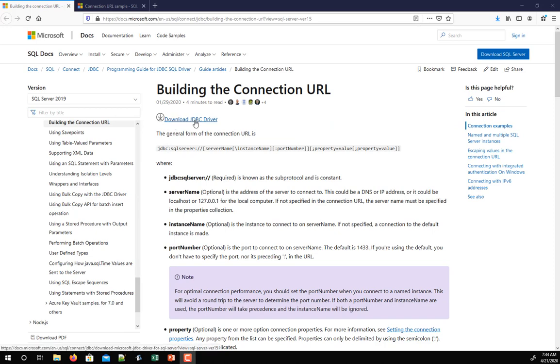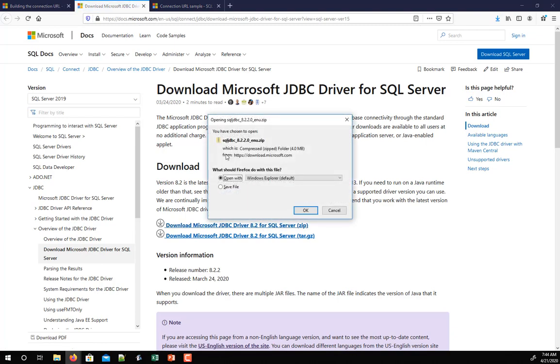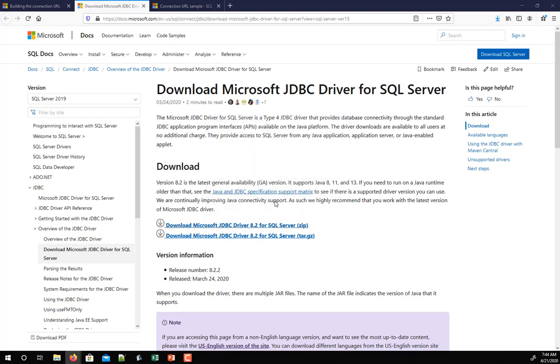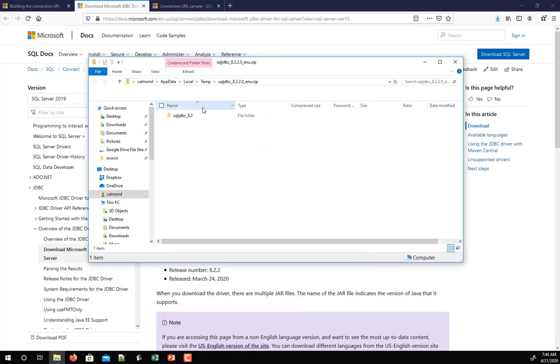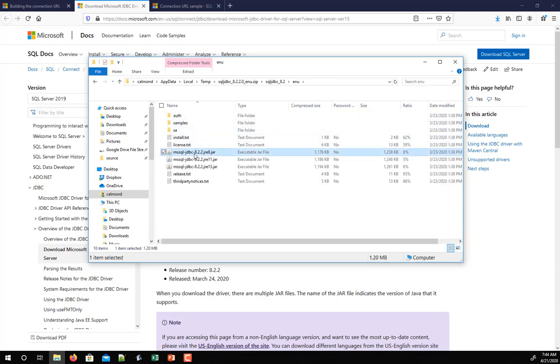Here's a link to download the Microsoft JDBC driver. And I want to show you something about this that's very important to know about. They have a zip or a tar.gz because you can run Java on Linux or Mac, and also you can even run SQL Server now on Linux. But here we'll look at the zip file because my Windows system can just open the zip file. Here's the download, and in the folder we're going to see we've got